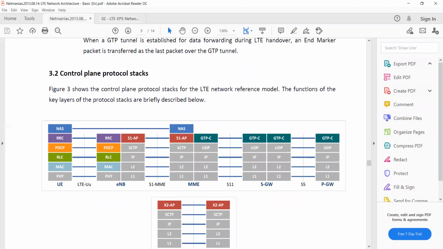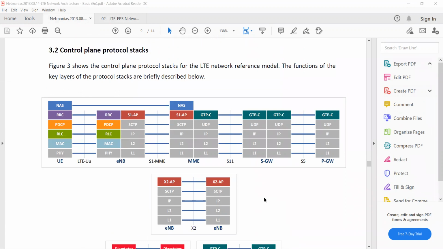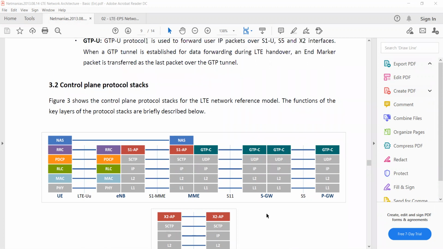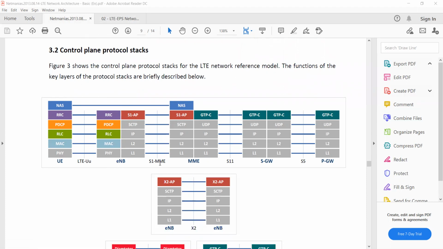So first thing, let me share internal stacks. You have to draw this diagram. They will ask in the interview sometimes. What are the internal stacks between UE to eNode B? If you are going for UE testing, they will ask only to draw internal stacks between UE to eNode B. And if you are going for an eNode B testing interview, they will sometimes ask you to draw the internal stack between UE to eNode B and eNode B to MME. So to clear those answers, you have to draw this diagram in your notes.